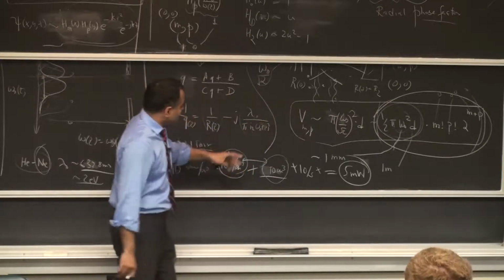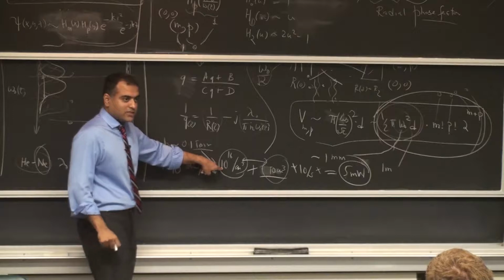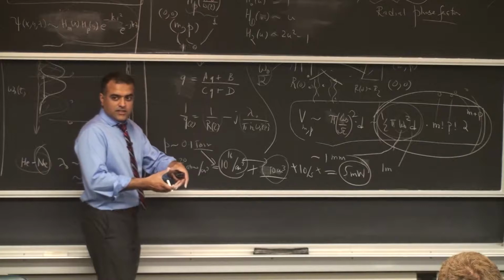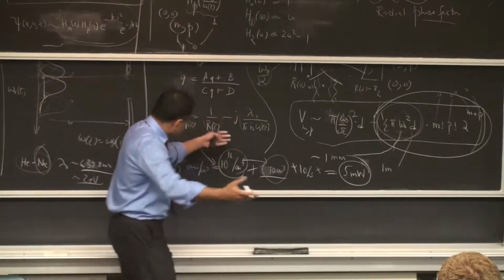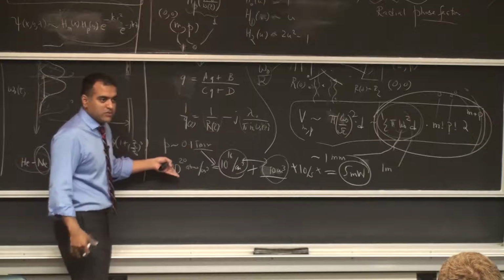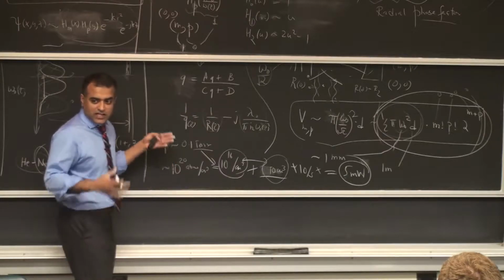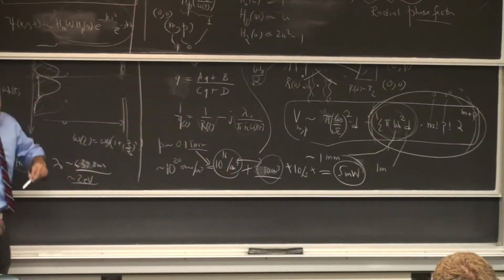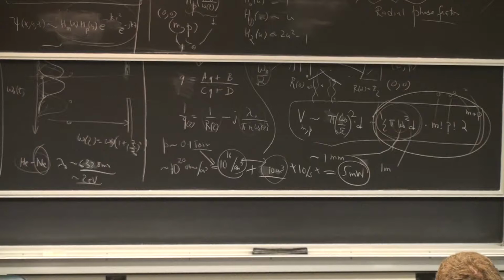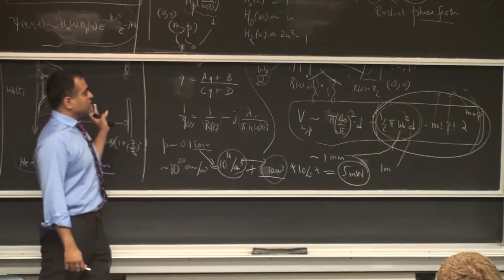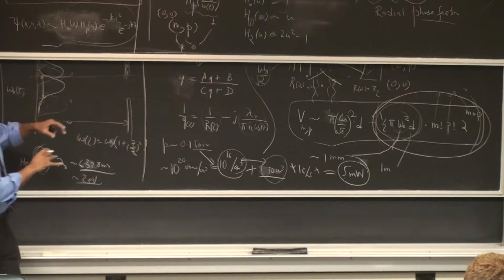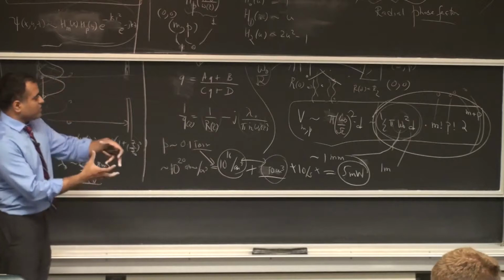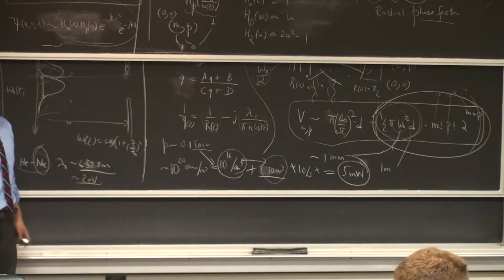you can keep your mode volume fixed, but you can really increase the number of atoms, and that's what a solid does. A solid material has a lot of atoms, right? It can have close to 10 to the power 22 per centimeter cube, that's the atomic density of solids. So that's a gain of going to dense media. But then there are other issues as well. If you have more atoms, you will have absorption and all that stuff. So we'll see that later. But hopefully you see the multimode feature can enable some things, maybe higher powers, and also why the volume of the mode should be important. That's the reason here. Okay, good.